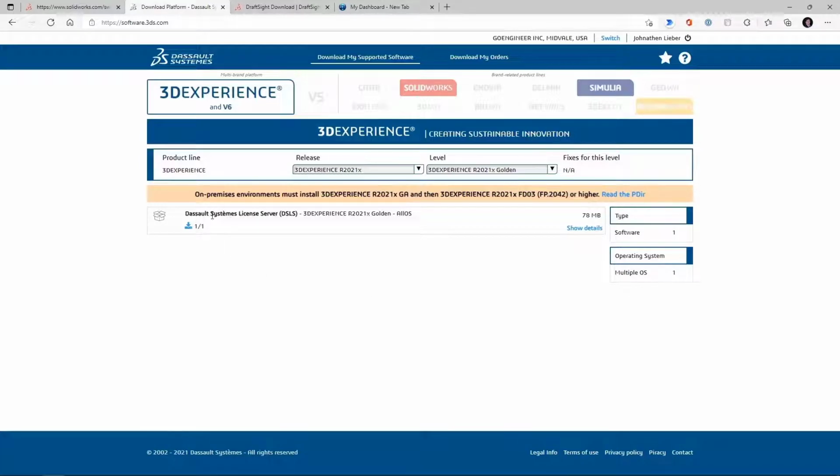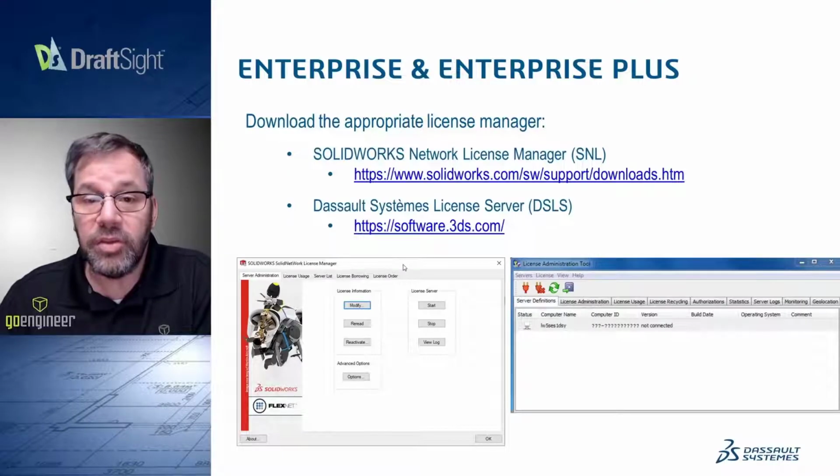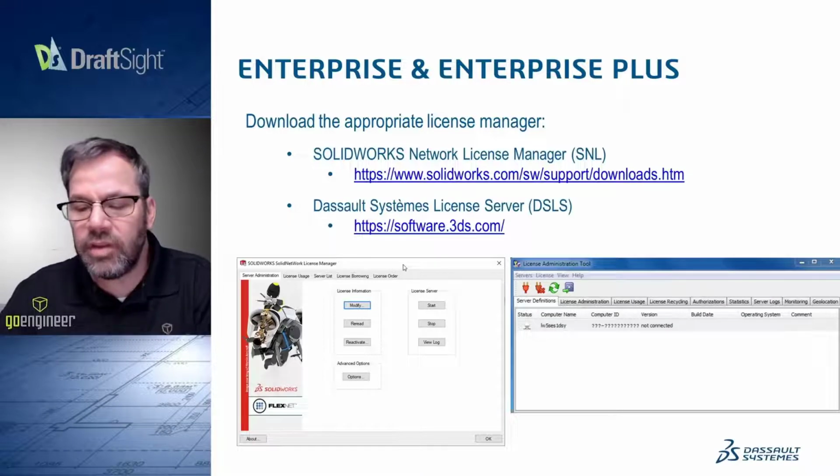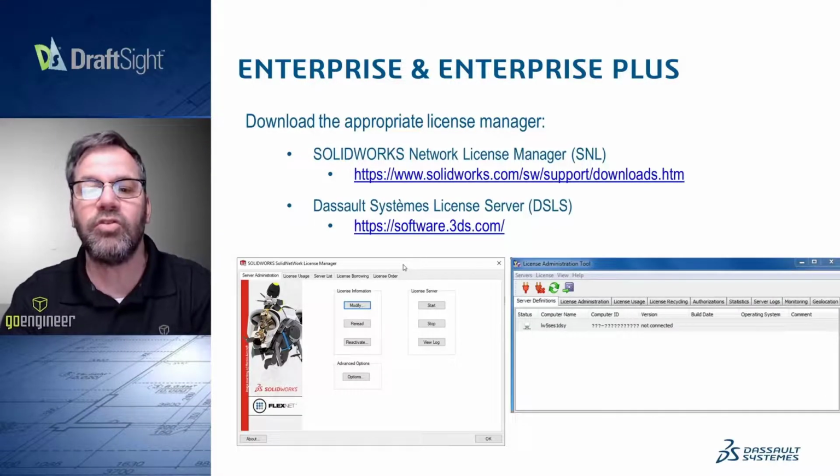You just click on this button right there. Once you get that done, you will install your license managers, type in your serial numbers, and you'll be good to go. If you're doing individual installations, you can skip this step, and you're just going to want to go to